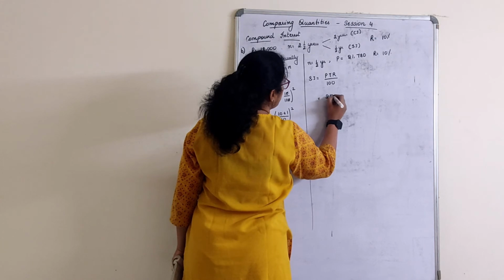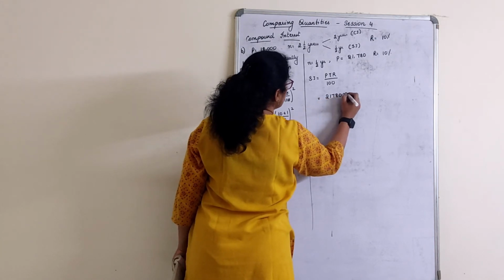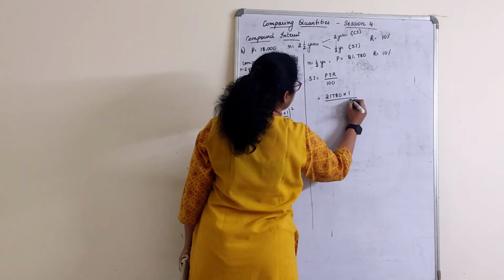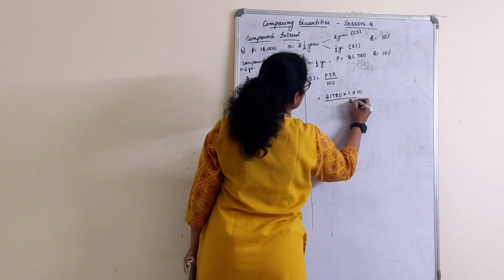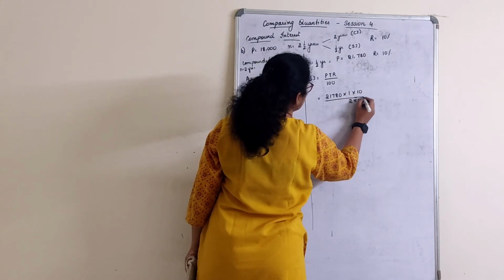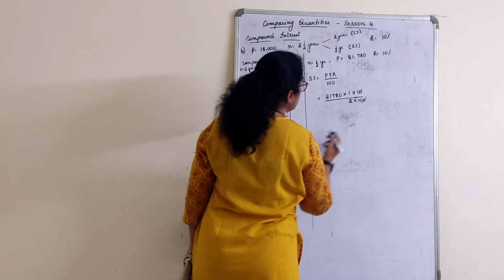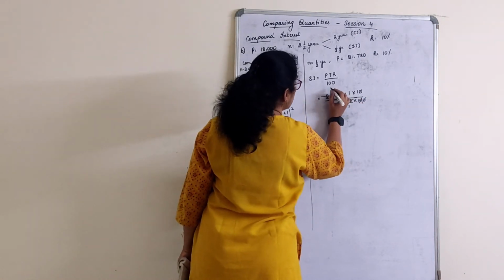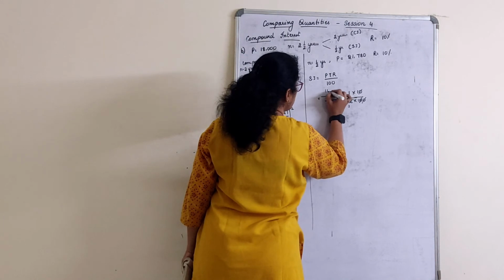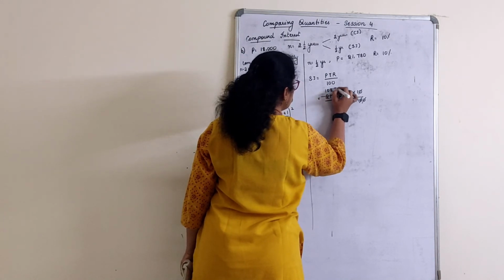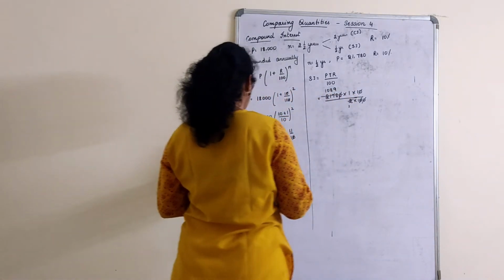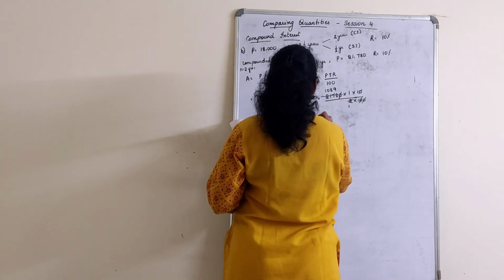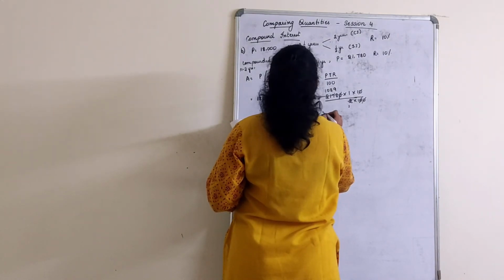Principal is 21,780. Time is half. R is 10 by 100. 0, 0. Another 0, another 0. 2 ones are 2. 2 eights are 16. 2 nines are 18. Right? So simple interest is equal to rupees